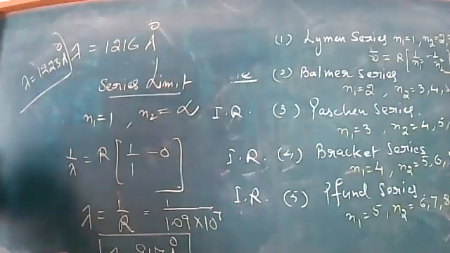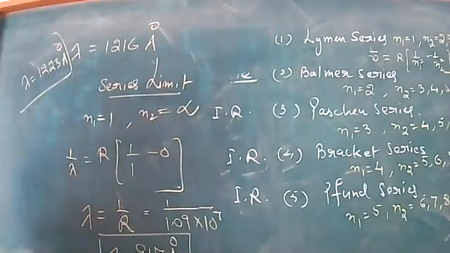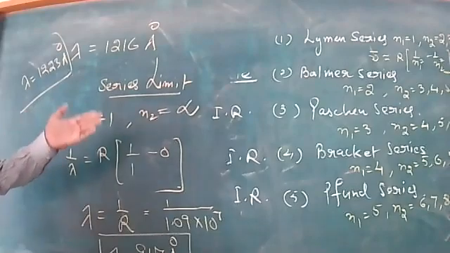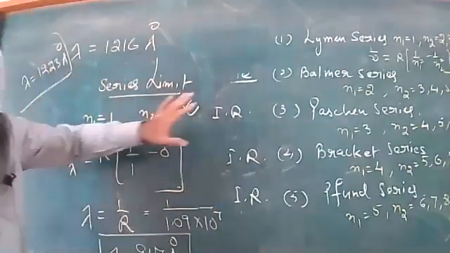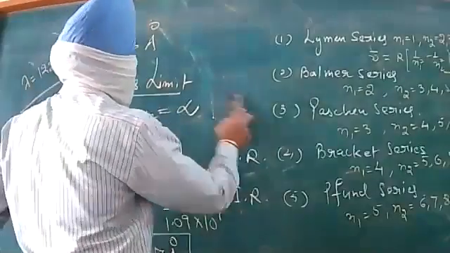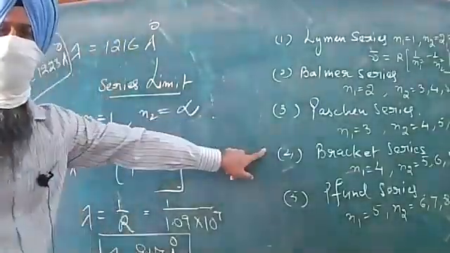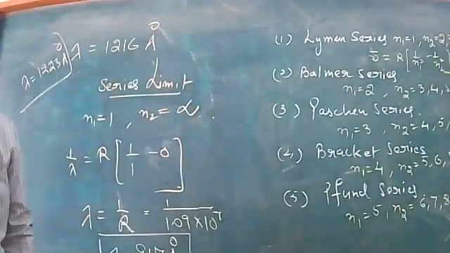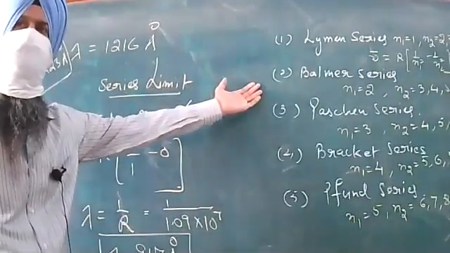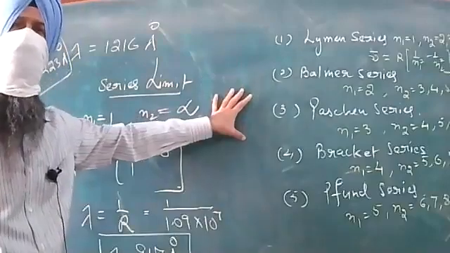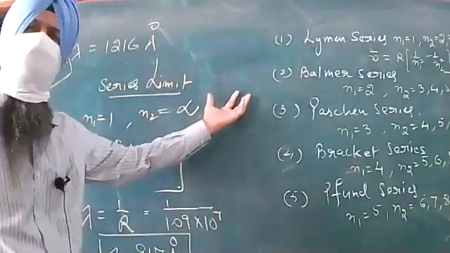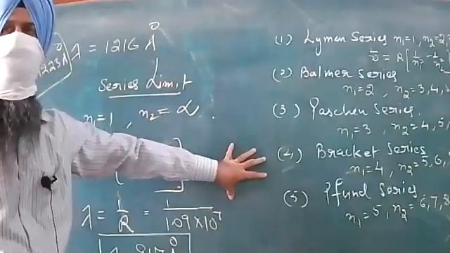I have also calculated, it was a little bit different but I don't remember, 2 or 3 points this way or that way, 917 angstroms. So this is how we can calculate the series limit as well as the longest wavelength. In the same way we calculate it for the Balmer series, Paschen series, Brackett series as well as for the Pfund series. So in the Balmer series n1 will be 2, n2 for the longest will be 3, for the shortest it will be infinite.